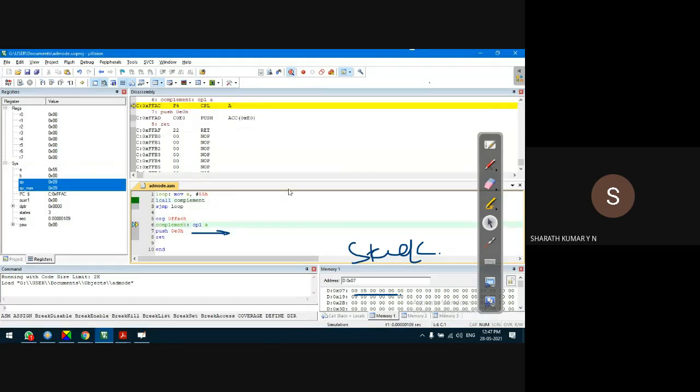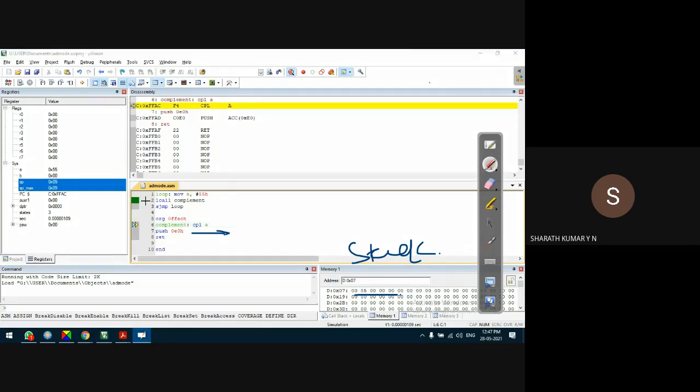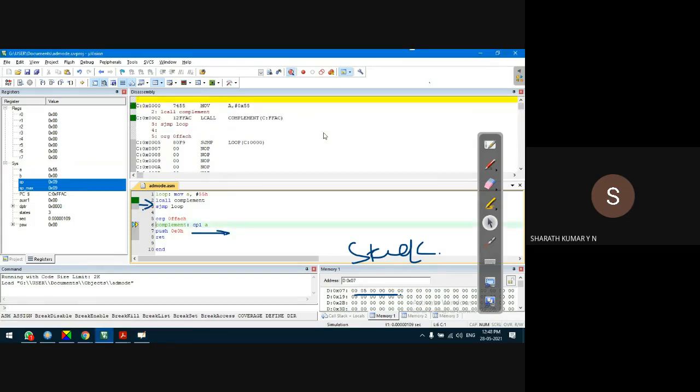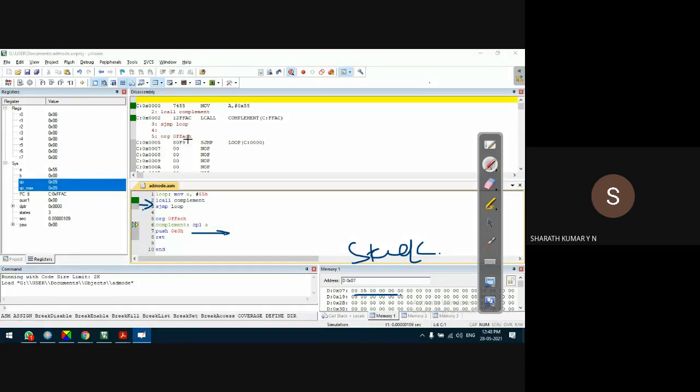When it jumps, what is the return address, guys? It is the address of the SJMP, which, let's go back here, I forgot the address, I think 0005. The address of SJMP is 0005. So the lower byte 05 is stored at the address 08H, and 00 is stored in the immediate next location.